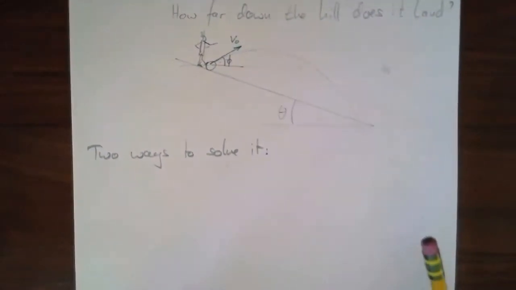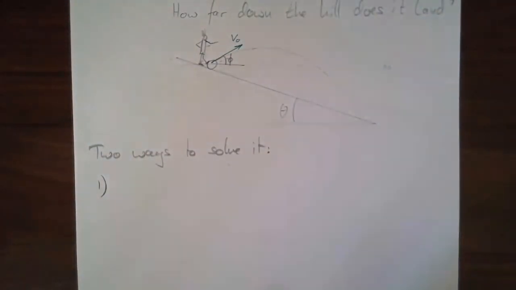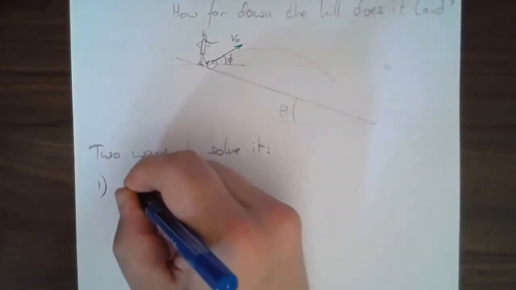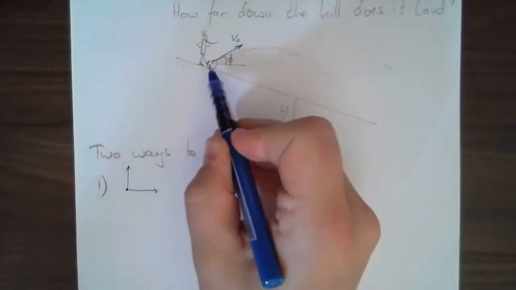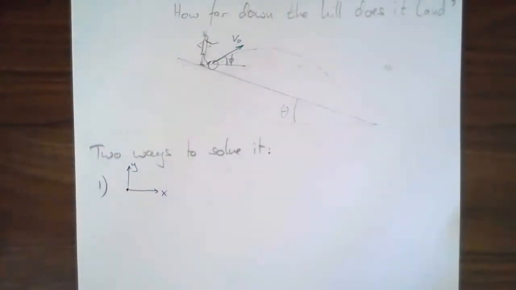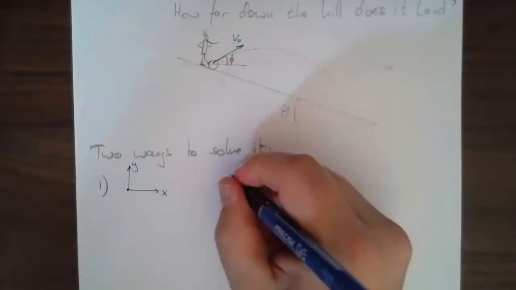And they each have an advantage and a disadvantage. So choice 1 is that I'm going to pick a coordinate system that is like this. I don't really care right now where the origin is. I probably would place it right there where the ball is. I'm just going to pick this coordinate system, and then in this coordinate system I have that